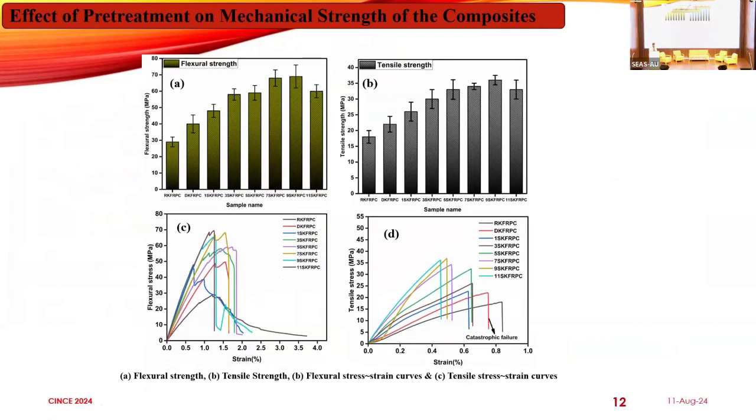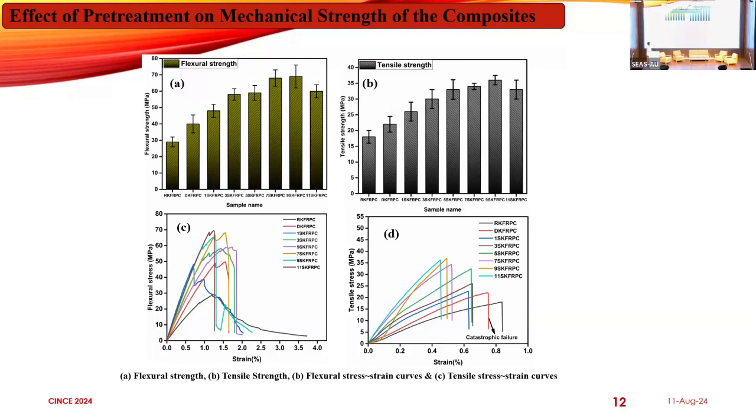These are the mechanical properties of these fiber reinforced composites. As you can see, in case of raw fiber, the flexural strength is around 29 megapascal, and after silane treatment at around 9% on the kapok fiber reinforced composites, the flexural strength is around 60, which is 2 times more. Similarly, we can observe tensile strength also increases after silane treatment, and further at 11% it decreases, which is due to the degradation of the polymer chains of the fiber.